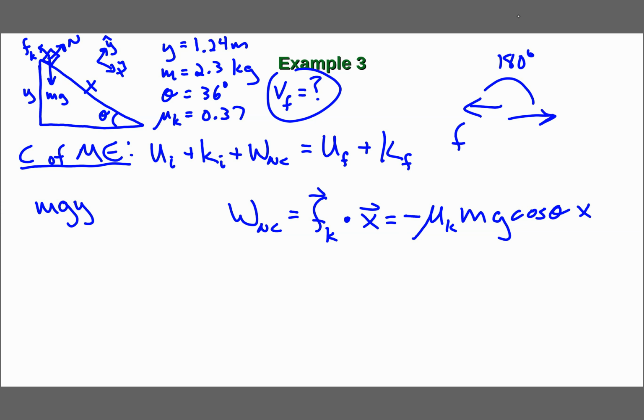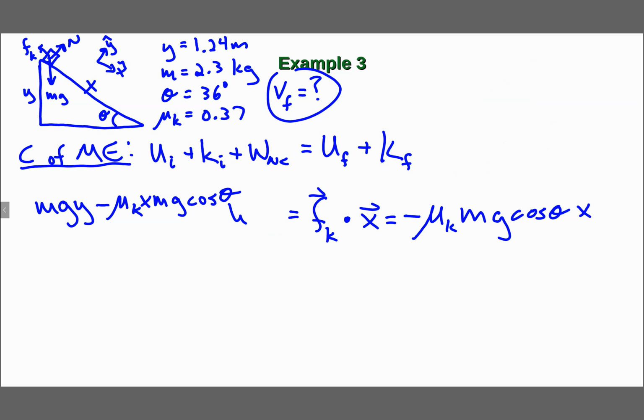And f_k x cos phi, where phi is the angle between the displacement and the friction, equals minus f sub k x. So then we have our non-conservative work in our equation here, minus mu sub k x mg cos theta. And remember, this cos theta is from the normal force, okay, not from the dot product. And then that's equal to